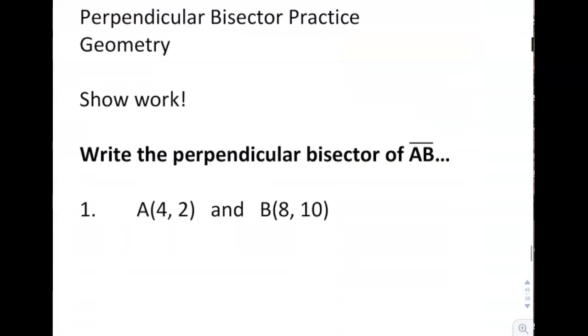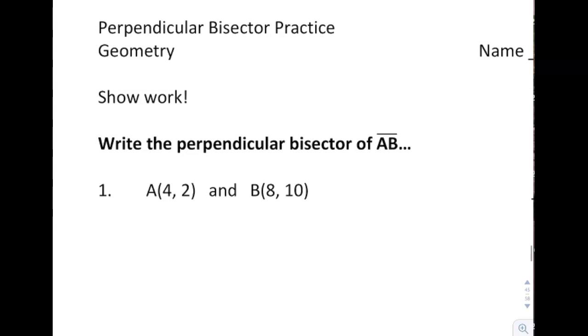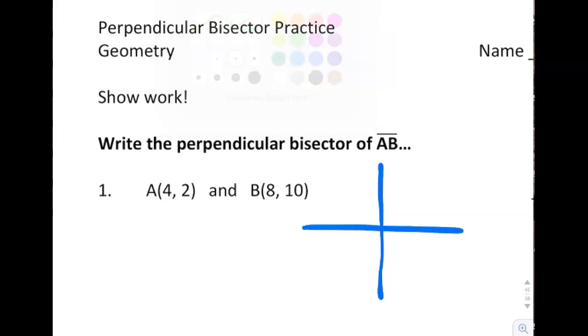And again, remember the instructions for this are: write the perpendicular bisector of the segment that goes through the points (4, 2) and (8, 10). And again, what this really looks like is, if I had, you don't have to draw this, a little graph and we were going to plot the point (4, 2), which says here, and (8, 10),